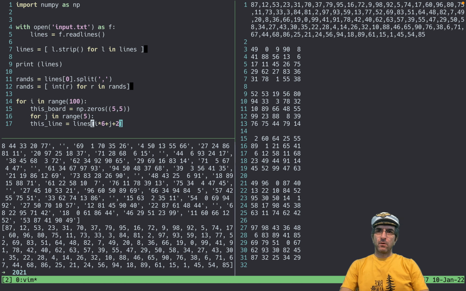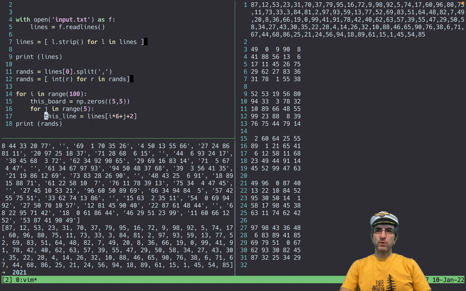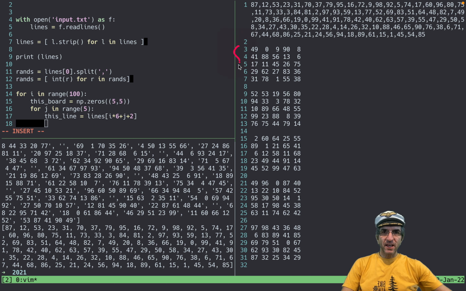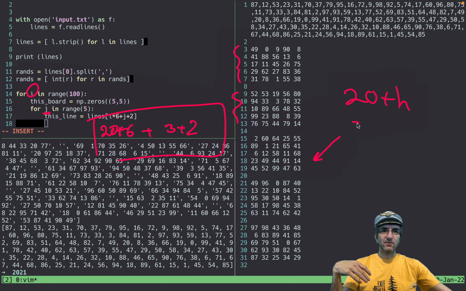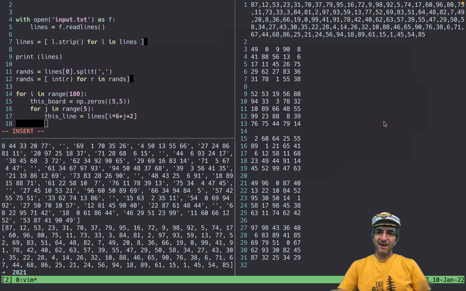So what I'm doing here is saying for each table, 100 times, find each line. So the third line of the 20th table will be 20 multiplied by 6 plus the third line, 3 plus 2. This will be the line in this file which points to the 20th table, third line. So I have this line.